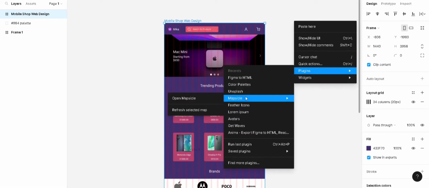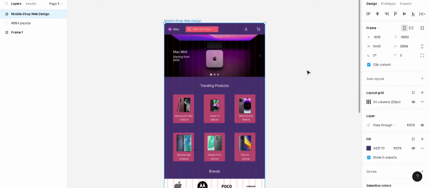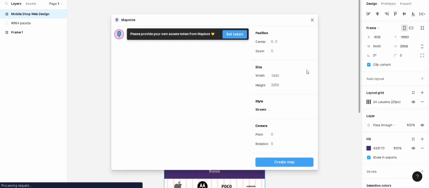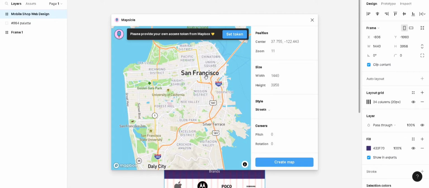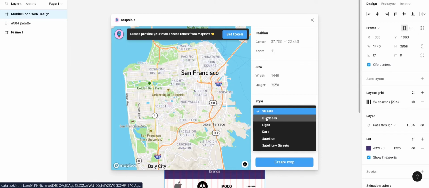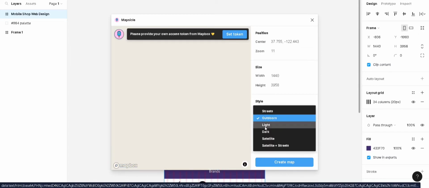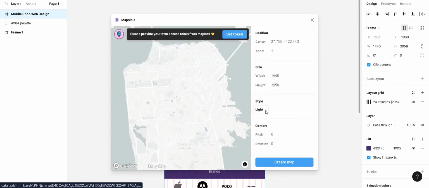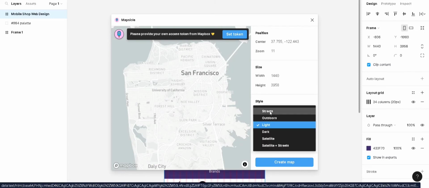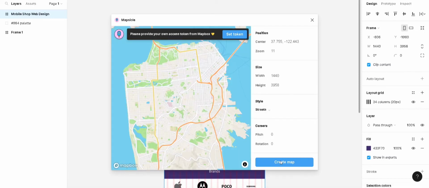Another plugin I need to show you is Mapsicle. If you want to import your location in a Google Map format into your project, this is the plugin you need to download. The name of the plugin is Mapsicle. You can also give a custom center, the zoom ratio, width, height, everything. You can also set the style as streets or outdoors or light, everything as you wish. And if you click on create map,